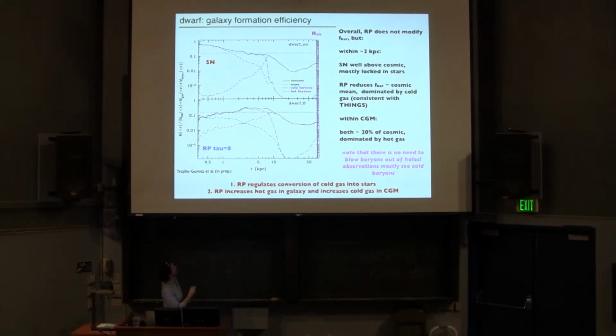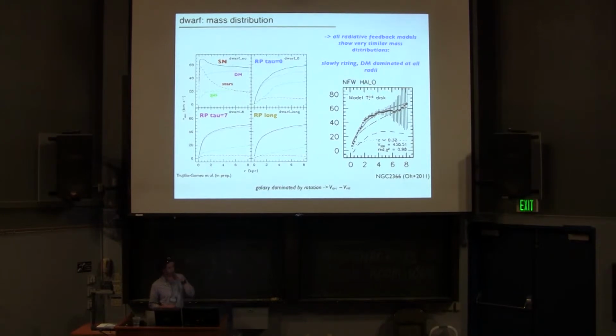You have about the same amount of baryons within the virial radius, but you don't have this concentration of baryons within the galaxy, which observations tell us should be about cosmic mean, which is what we get in the model with radiation pressure. The only difference is that you're moving most of the excess stellar mass into cold gas in the model with radiation pressure. If you keep this gas dilute, then you're not forming an excessive amount of stars. There are also slight differences in the amount of cold gas in the CGM as well, and you'll see how these make a difference.